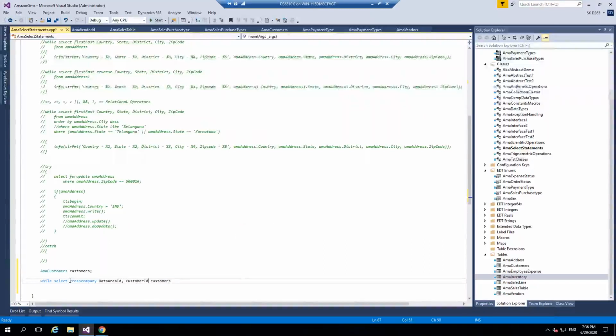Customer ID, and what do you need? Comma, what else do you need? Name, and I want to use only these things here. That will be enough from customers. Okay,